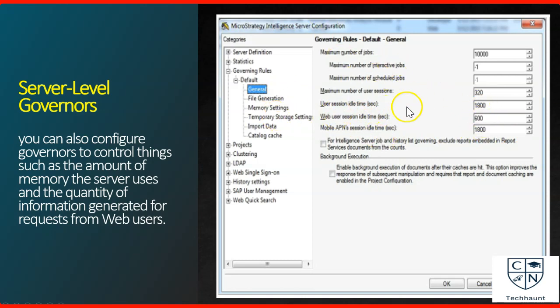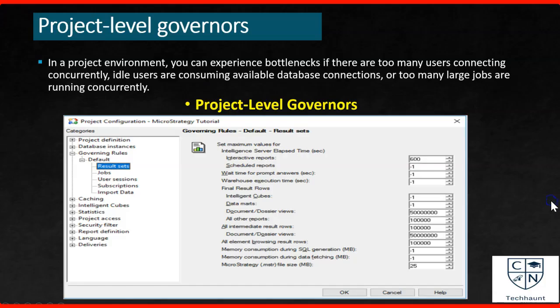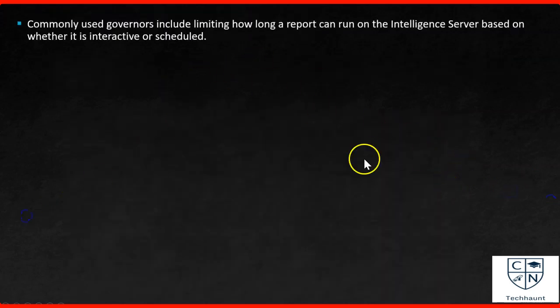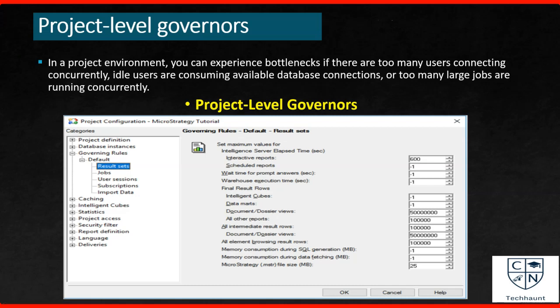Okay, so this is how you can configure the governor policies at the intelligence server level. All these settings are going to be applied to all the projects, not only a single project. But if you want to configure some governor policies at only the project level, then